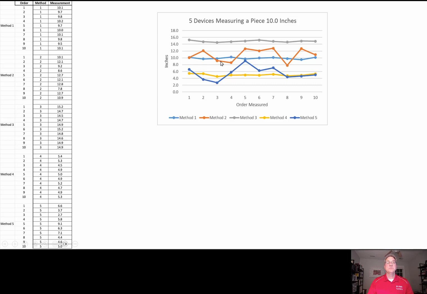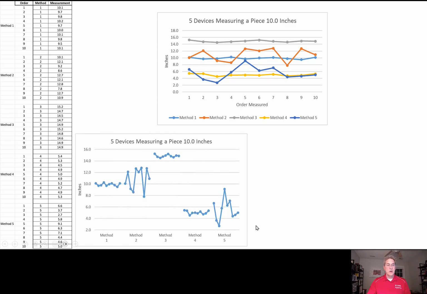Here is the original one. Now what I'm going to do is a line graph, which just plots points in order. So here's a line graph. All it's doing is coming all the way down here and plotting them in order. Whoa, I don't know about you, but to me, it starts speaking really loud. The fact that this is high and these are low stands out like a sore thumb. The other thing that stands out like a sore thumb is this guy has a lot more variation than this guy. It's bouncing around a lot more.